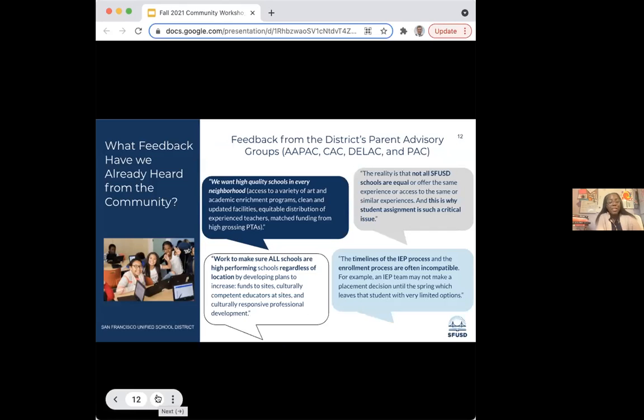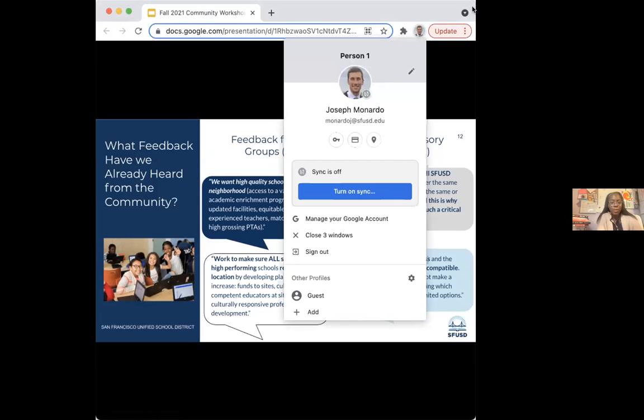We also want to acknowledge the feedback that we've received over the years from parents and others just like you. We know that school quality is incredibly important, and we also recognize that student assignment alone cannot create high quality schools, and that a lot of things would have to shift alongside the student assignment policy. Student assignment is not going to solve every problem, but it does have a role to play. It has a role to play in creating racially and socioeconomically integrated schools. And we can also design a system that's simpler and easier to use and more predictable for families.